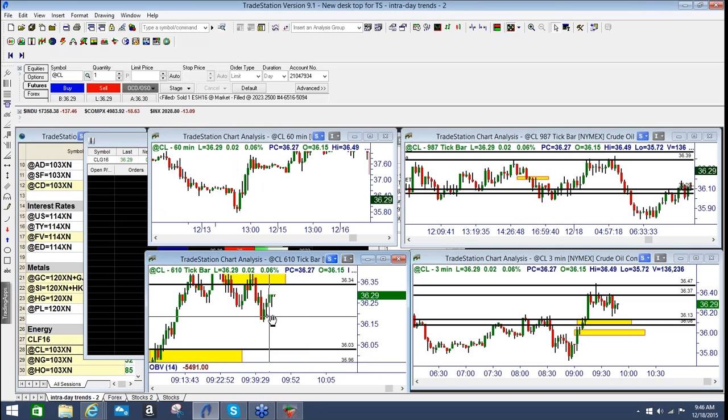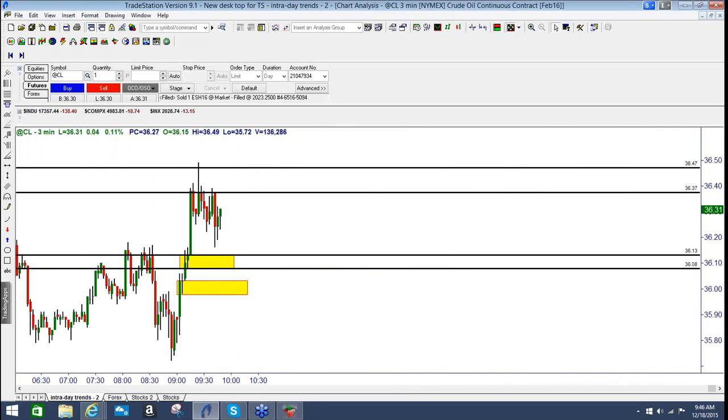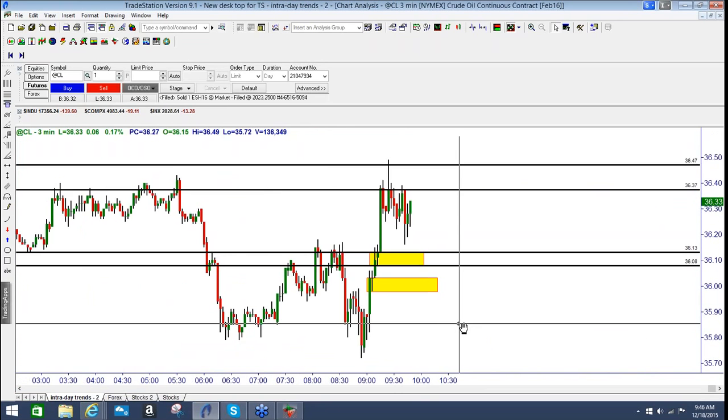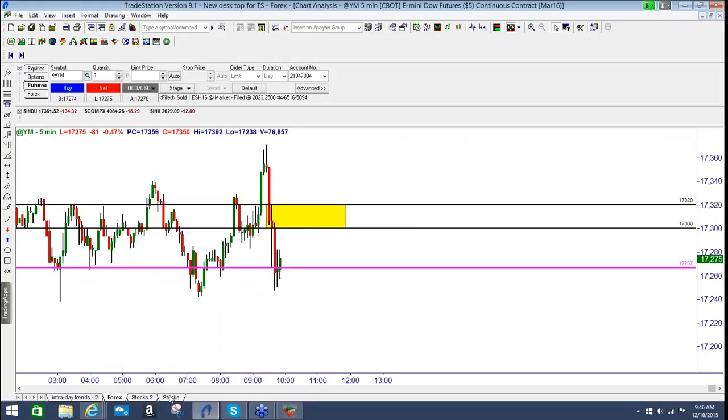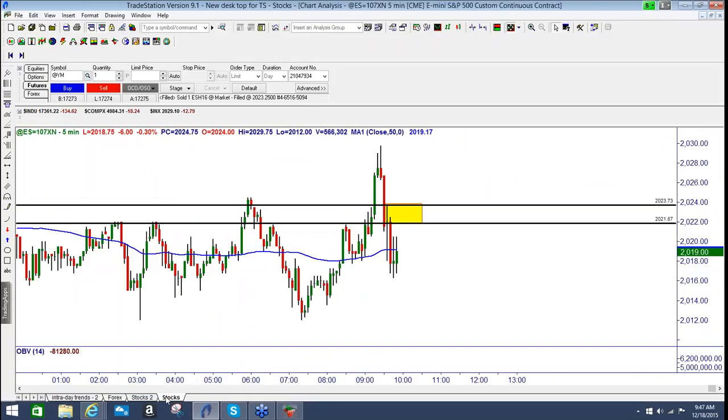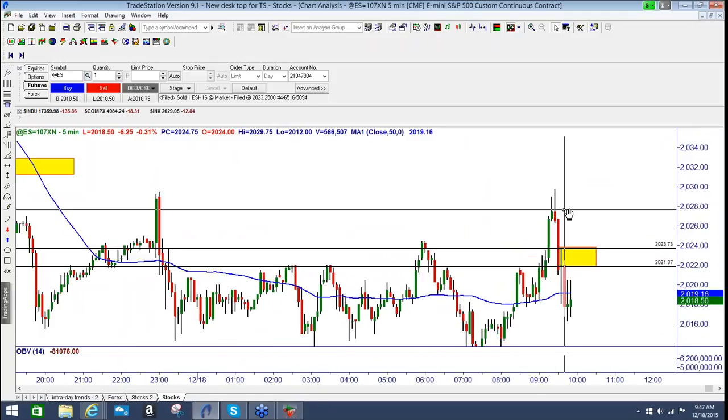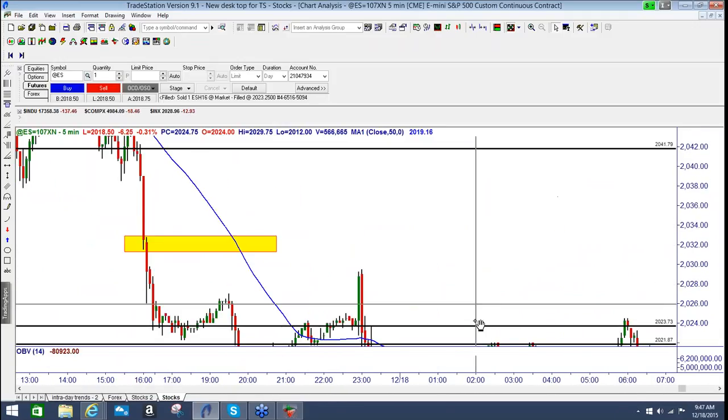No, I'm just looking for my opportunities. I know what I want to look for, and when I don't see it, I have to either take pause or make mistakes, to be honest with you. So it's another thing I'm trying to avoid. But I do like this YM setup, and I do like that it's set up on the S&P as well. I don't like that it's in the middle of the move, but